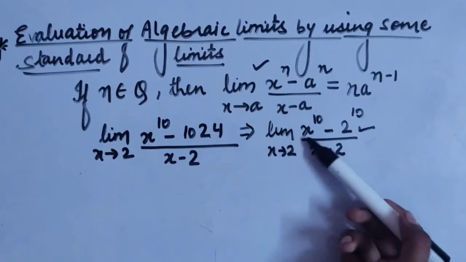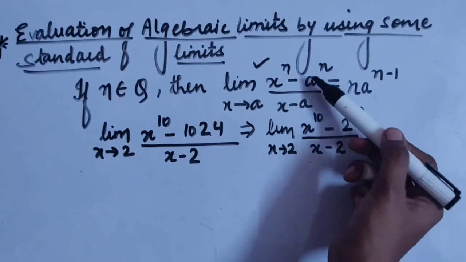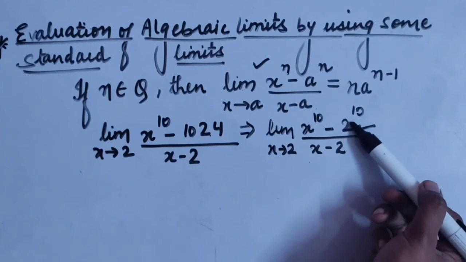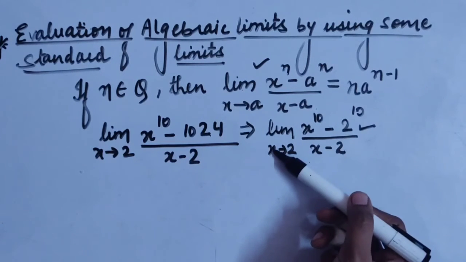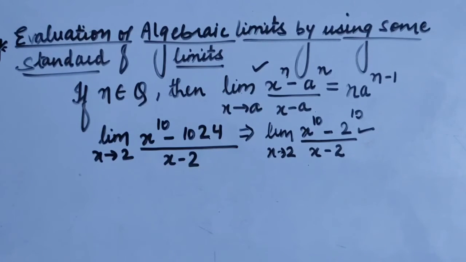So what they are saying over here, देखो आपको जब ये standard limit use करनी है तो you people have to take care of some important things. अब जो आपका यहाँ पर a है, this x should tend to a only. So see here, अगर ये यहाँ पर 2 है तो जो ये आपकी tending है x की that is 2 और वो 2 ही होनी चाहिए if we are going to use this formula. So that is 2 only. So it means we can use this standard limit.